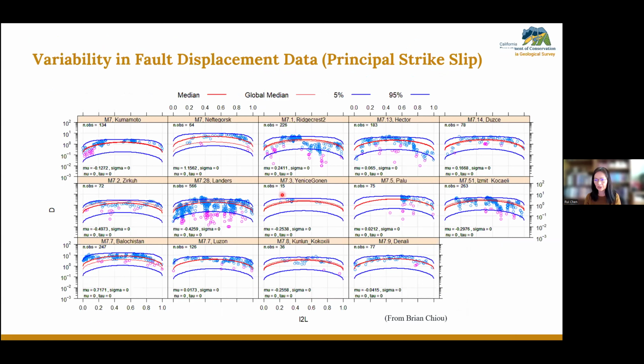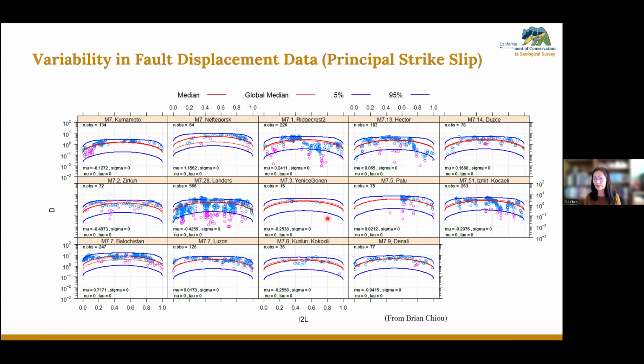These are for larger events. Variability is even more apparent, especially in landers, not so much in some other events. So there is also large variability from event to event. The new fault displacement models, compared to the previously published models, can model this kind of data distribution much better,